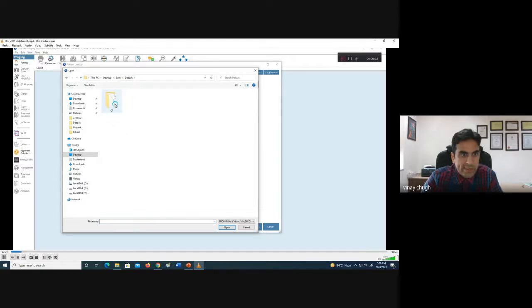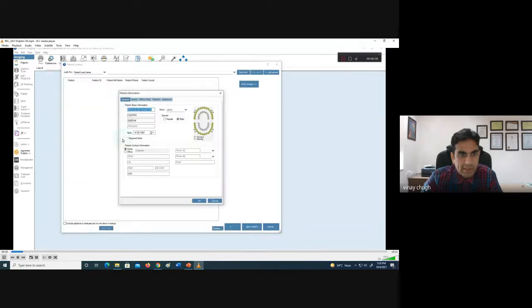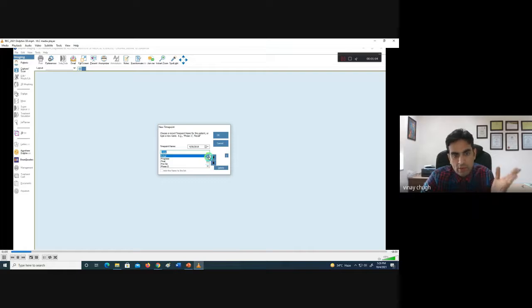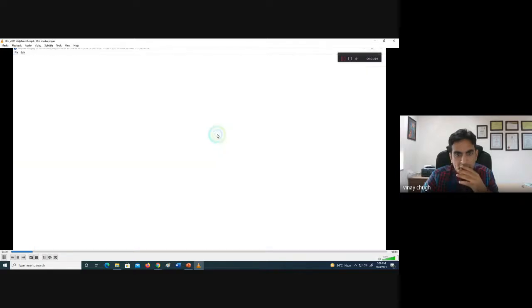So DICOM CT data. There you can select this DICOM DR file. And again, I've already filled those names. You can modify it if you want once you do that part. Then you have to save male, female, everything. You can enter the demographic data and then you import and label it as initial because it is pre-treatment. So we will be labeling it as initial. You can label if you're doing post-op or phase 2 or any other stage, then you can label it accordingly.